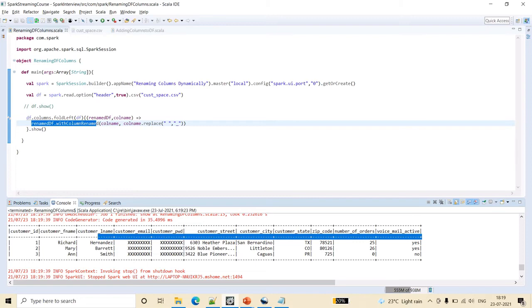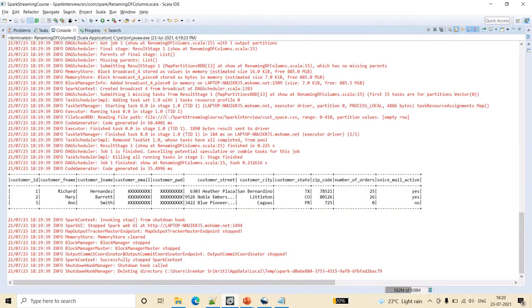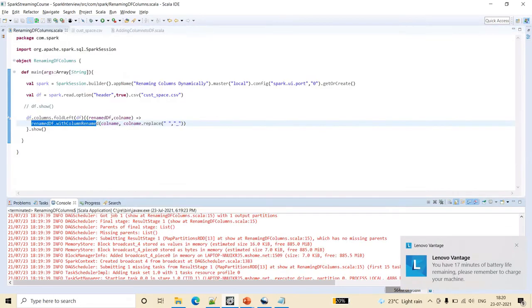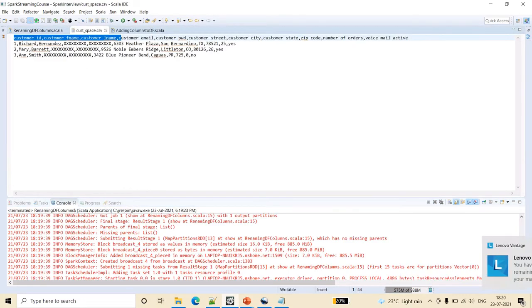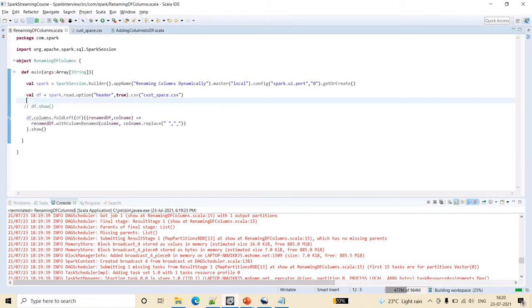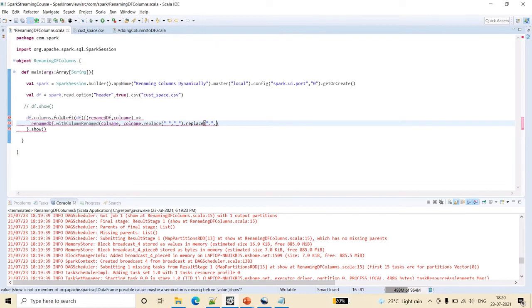So I hope you understand this difference, friends. Let's say somewhere in the file you have a dot along with the space, because we will have one or more delimiters as well, right? So here itself you can add, if a dot is there, then replace that also with underscore.